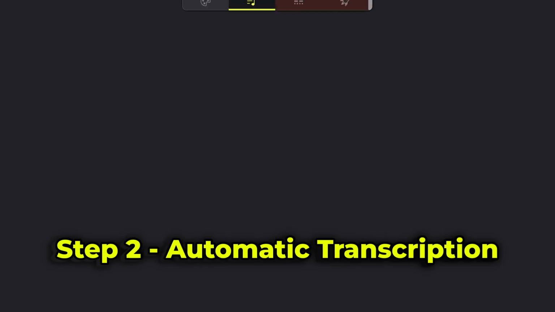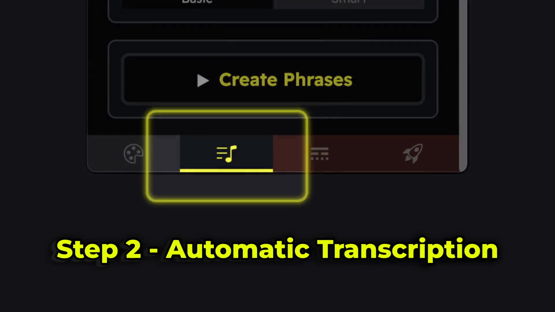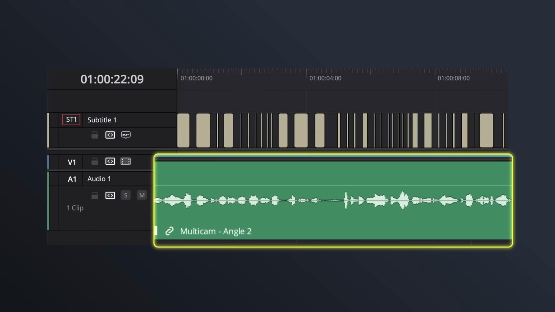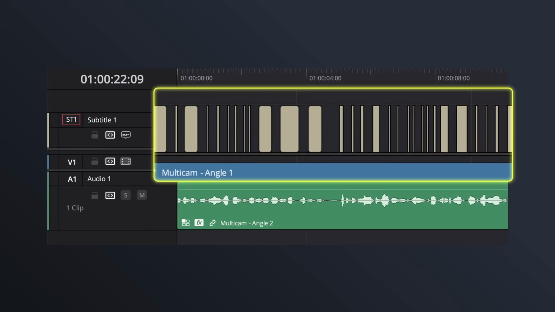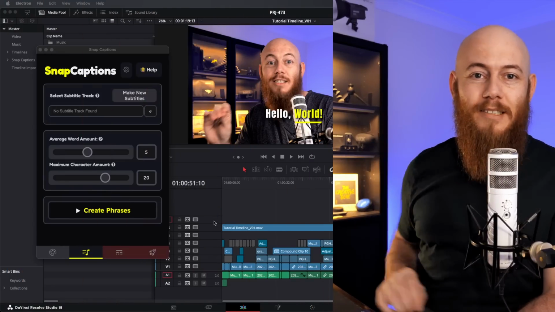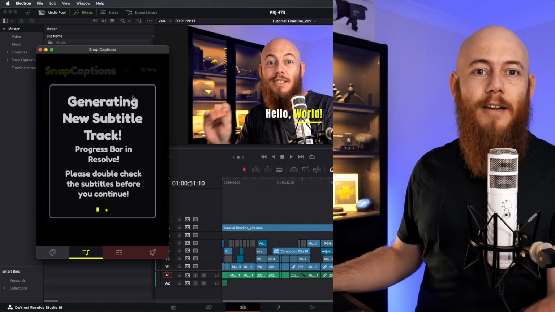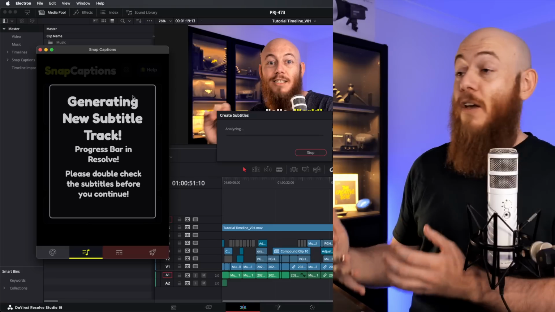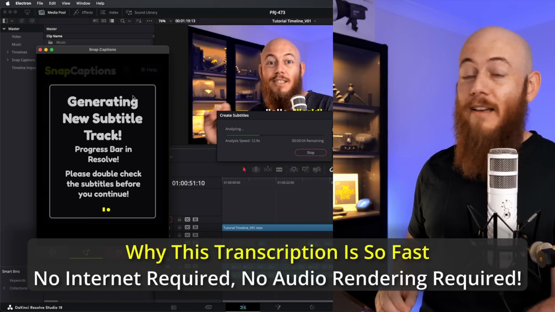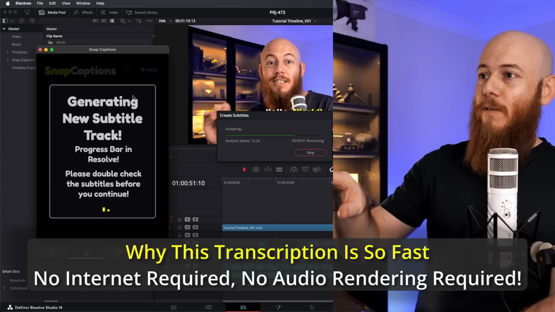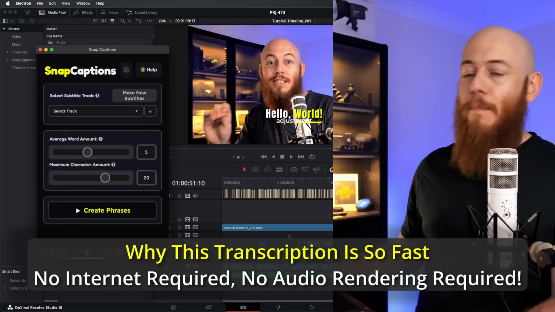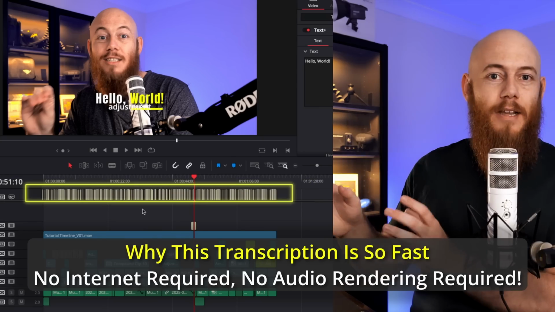So once you have your template selected, we need to get them placed on the timeline as people speak. That's where our second page comes in, the transcription page. This takes your useless audio and waveforms and turns them into a very useful subtitle track. And best of all, this is all now done within our application with one button press. I just press the Make New Subtitles button here, and in a few moments, you'll get a subtitle track. Literally, as I'm speaking right now, it's 12.9, 12.2, and bang, just like that, my 1-minute clip has now been